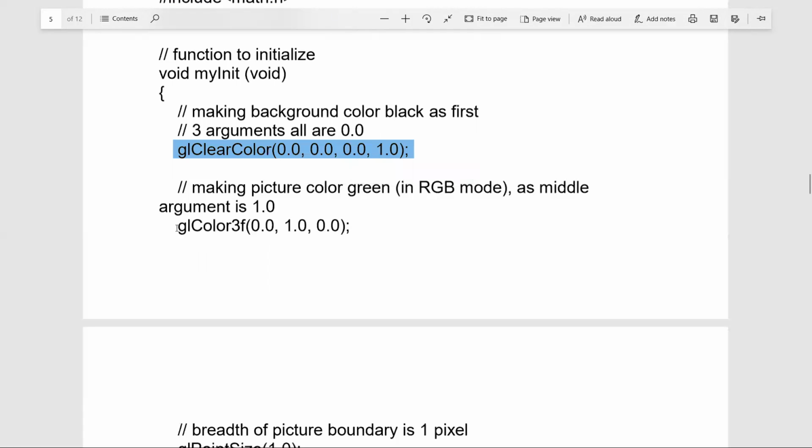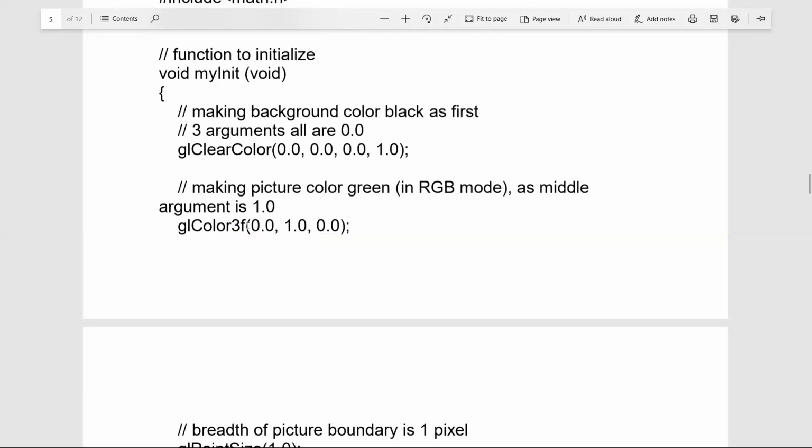The next statement I have is making the picture color. It is glColor. This was glClearColor. It is glColor. See the naming of the functions. All the functions have a name starting with gl. It's the OpenGL graphics library. F stands for floating point values.